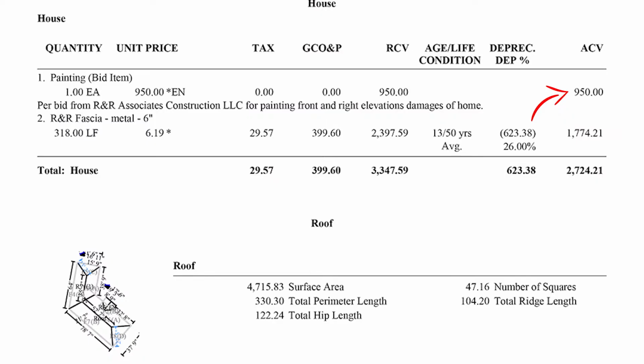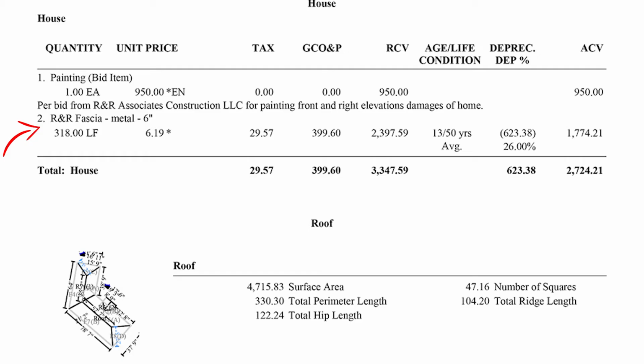They did a bid for us, $950 for that painting work, and they went ahead and approved that. So we don't always have to go through Xactimate, but oftentimes that is the best way to go. Here's a R&R, which means remove and replace fascia. So every item